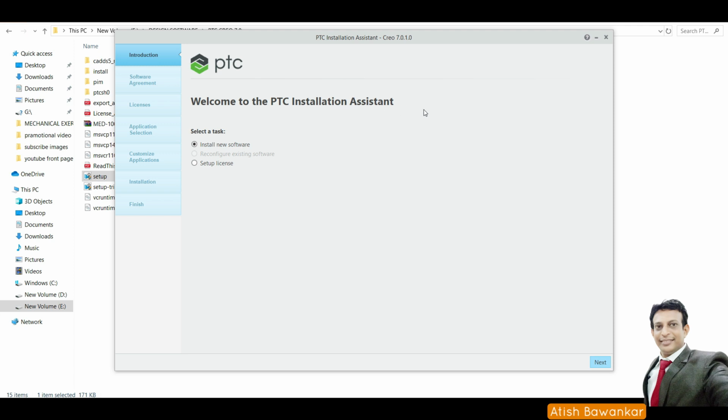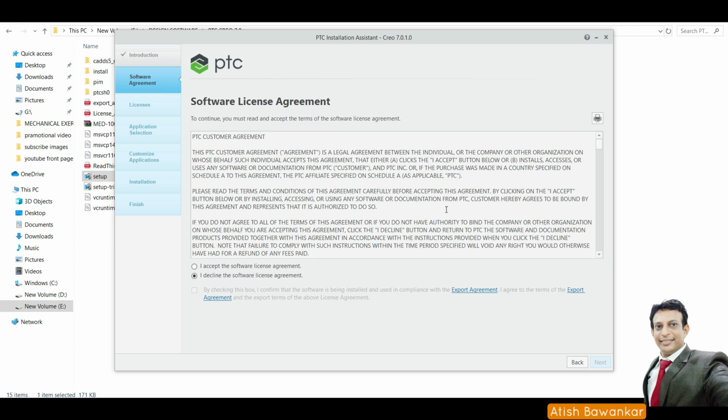Here just select install new software and say next. Say I accept the software license agreement and click here to agree with the export agreement. Say next.